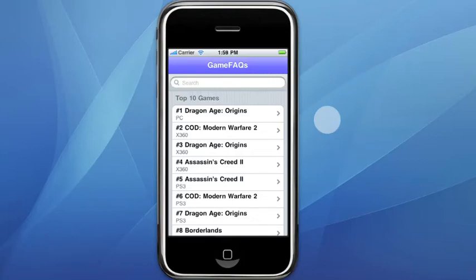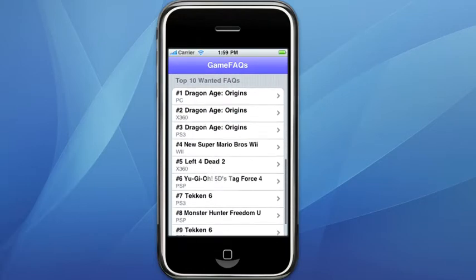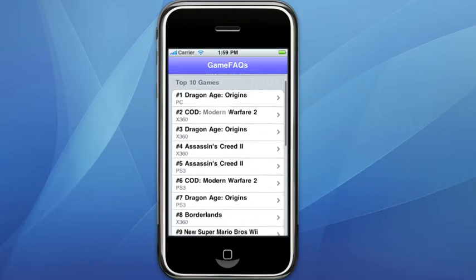This is a quick demo of the free unofficial GameFAQs application for the iPhone. I'm going to walk through a number of the core features right now, and hopefully you'll see a lot of similarities to the actual website, but brought to the iPhone experience. So to begin with, this is effectively the homepage of GameFAQs.com, but redrawn and packaged up in a more readable,